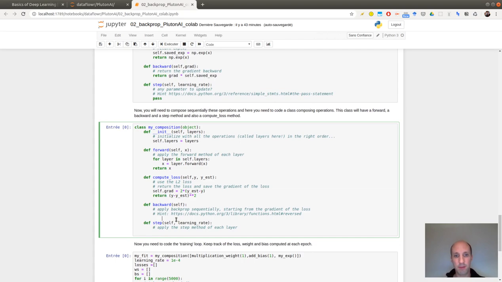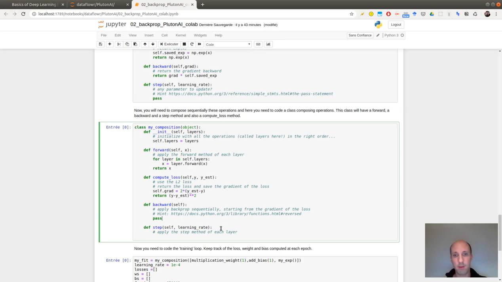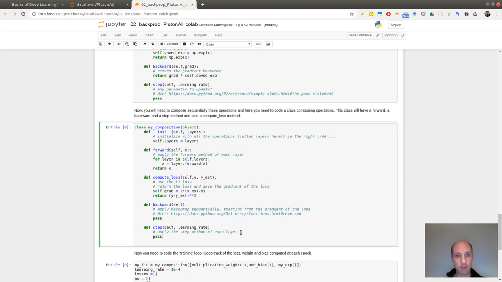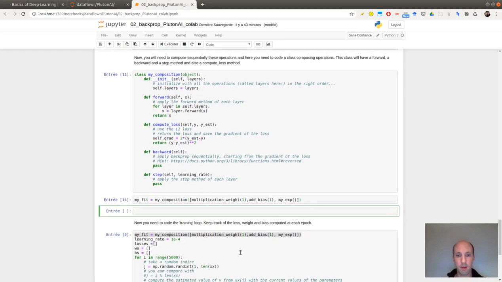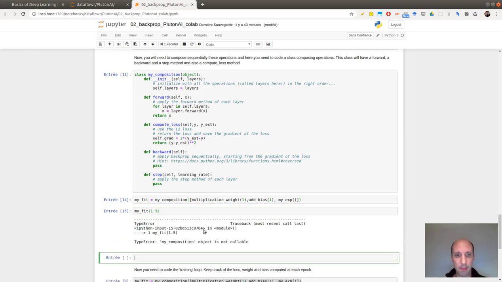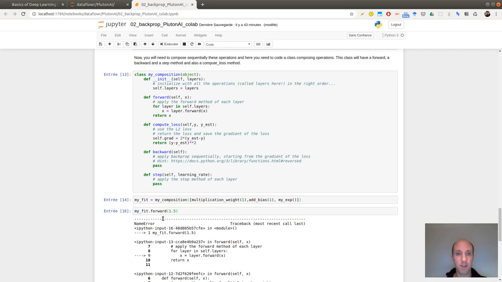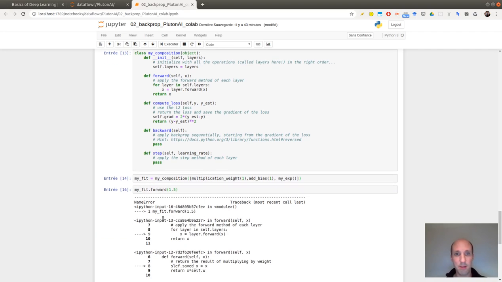Okay, let's see if this is working properly first. My fit of 1.5. Yes. It's not like in PyTorch here, you need to put the forward.